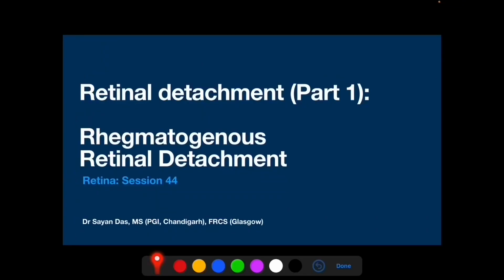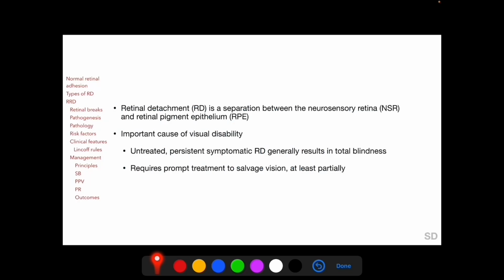Welcome. In this session, we'll be discussing rhegmatogenous retinal detachment. We'll be discussing traction, combined and exudative retinal detachments in the next session. Retinal detachment is a separation between the neurosensory retina and the retinal pigment epithelium and is an important cause of